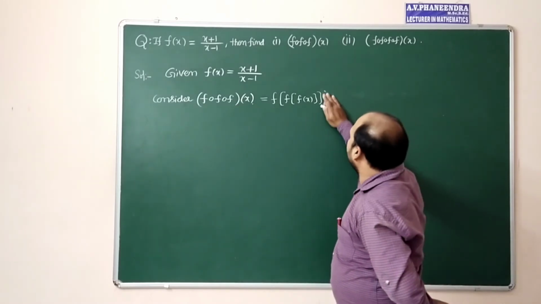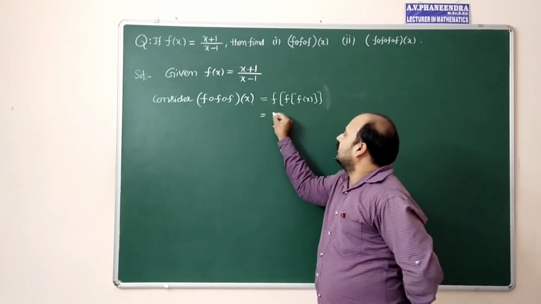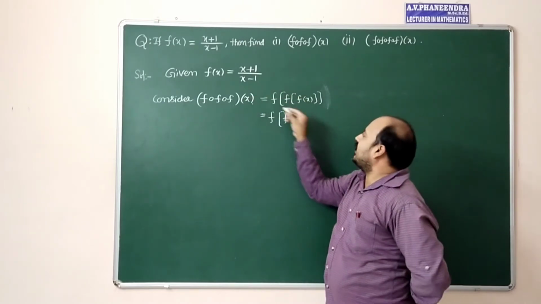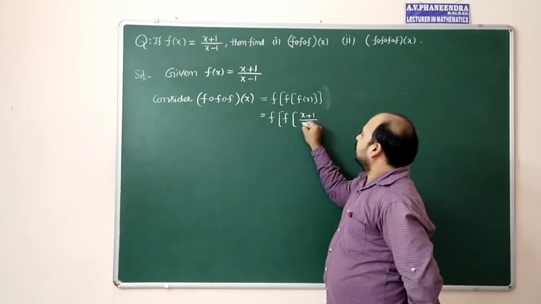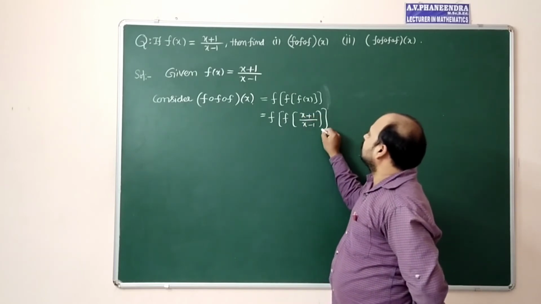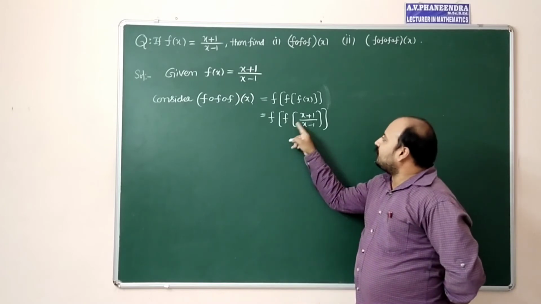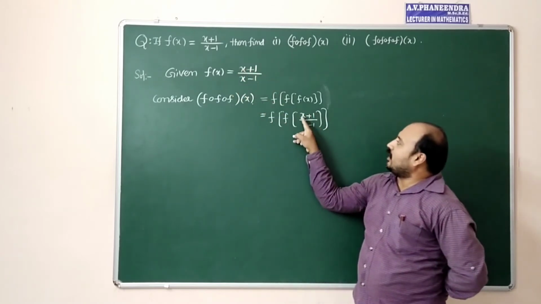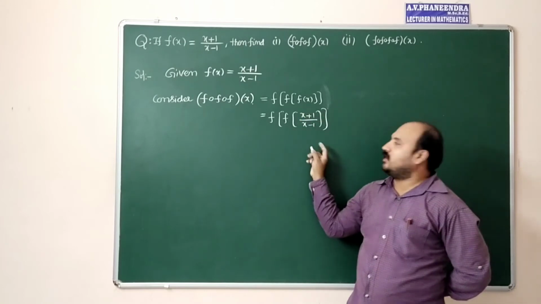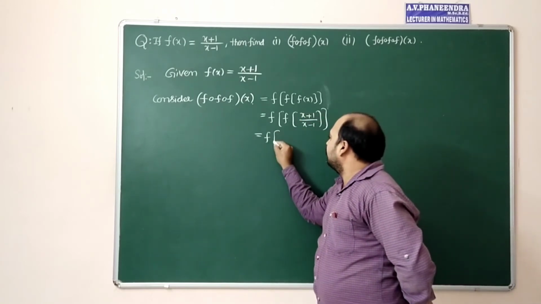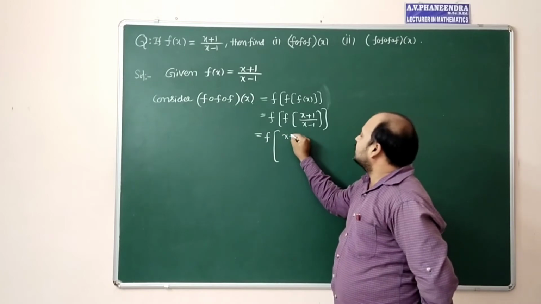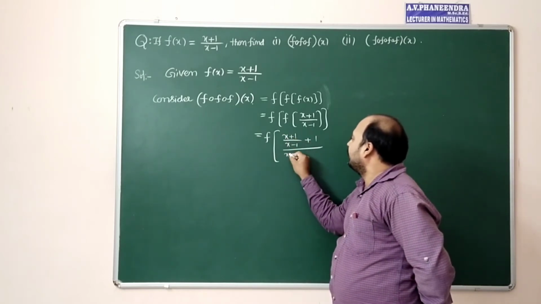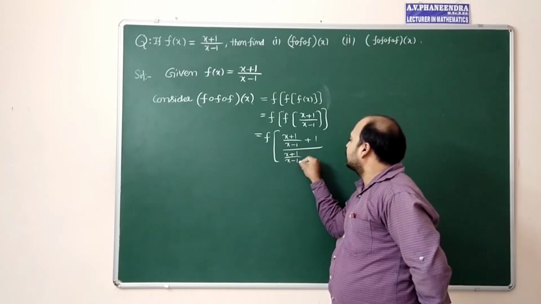First, you have to write the f of x value here. What is f of x? x plus 1 by x minus 1. So f of x plus 1 by x minus 1. That means wherever x is there, you have to replace it with x plus 1 by x minus 1. f of x plus 1 divided by x minus 1 plus 1 divided by x plus 1 divided by x minus 1